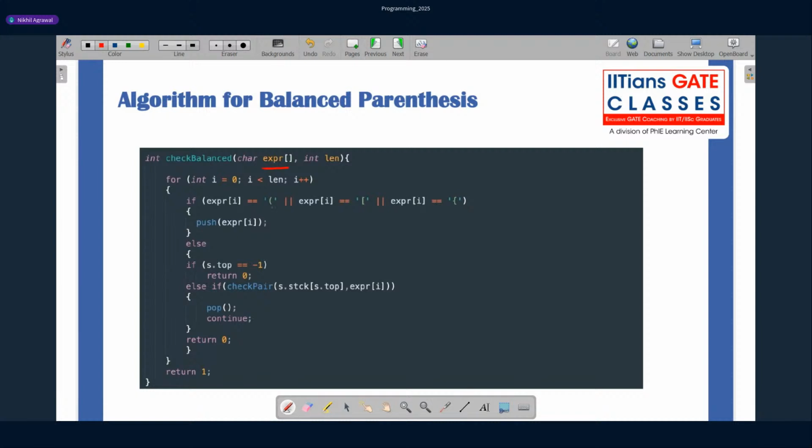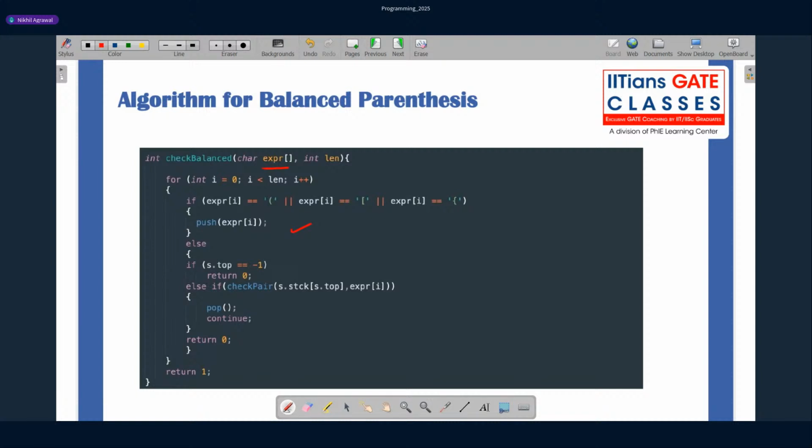So now I'll check, as Jigya mentioned just now, if it is an opening bracket, just push it onto the stack. It depends upon our domain how many types of brackets you would like to cover. In this case, let's say I'm having an open bracket, then a square open bracket, then a flower open bracket. If it is open, then you push it onto the stack.